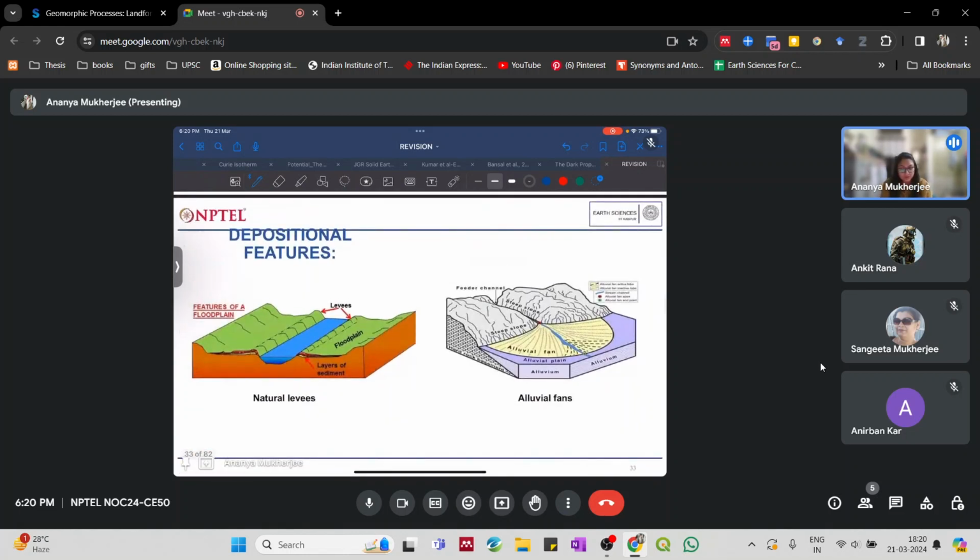So depositional features, obviously, you have natural levees that develop on the floodplains, and you have alluvial fans that develop near the foothills. Okay, so the point where the river exits the elevated lands and comes into a more plain region, like the foothills of the Himalaya. So due to the sudden drop of the channel, the slope gradient, also the channel velocity gradient,